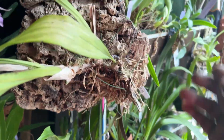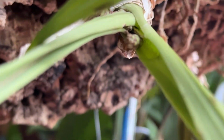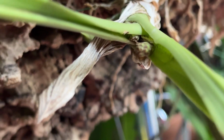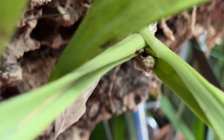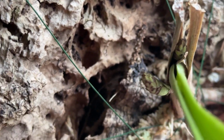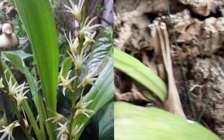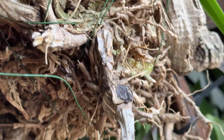So I mounted this. I had one other big one, and I got this one recently, and I got this from Amazonica, and it is giving me spikes. I've had this mounted about 4 months, and it still hasn't put out any roots, but it did come with sheaths. So I can't take credit, but I can. They are fragrant star-shaped flowers that can be erect, the spikes, or pendant, depending on the number of flowers that are opposite along the inflorescence. They bloom generally in the fall to winter,